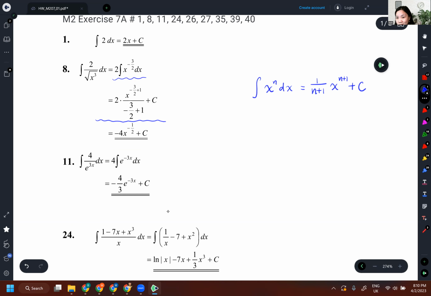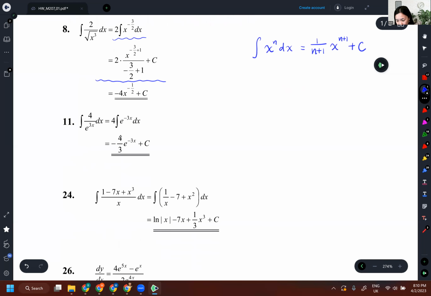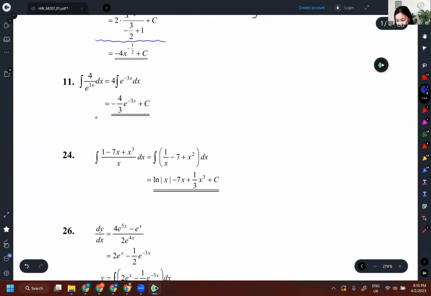And naturally, I think you need a few steps to work it out. You need to work out the coefficient. You also need to work out the index. So maybe you show this. Show this. And